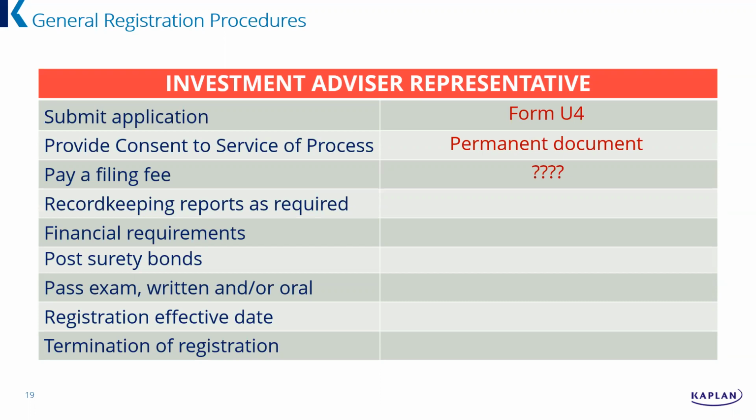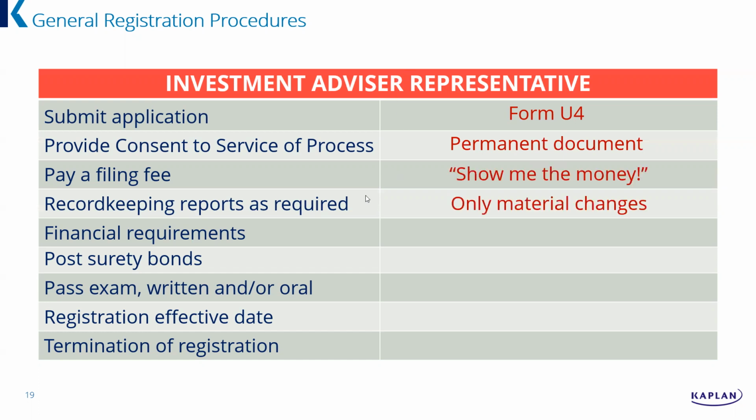Do you have any record keeping reports as required? Yes. Now, the vast majority of the record retention rules are about the firm. The big one here is that something on the U4 that was a no becomes a yes. So if something on your U4 was a no and now it's a yes, you have 30 days to update that Form U4. Now, remember, some of those yes answers are more serious than others. There are reasons for what we call statutory disqualification. And boy, that would be material, right? So, anyways, record keeping as reported.